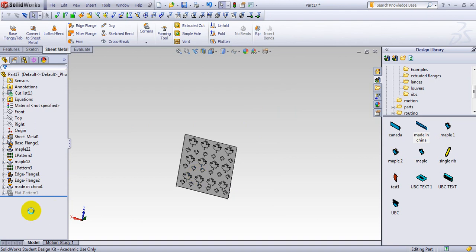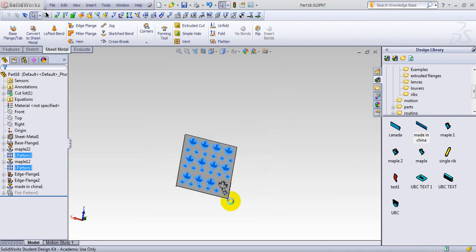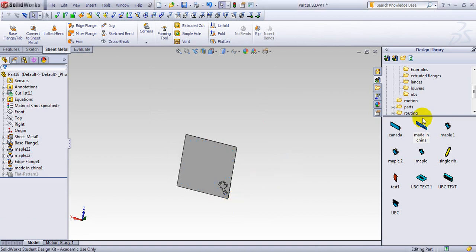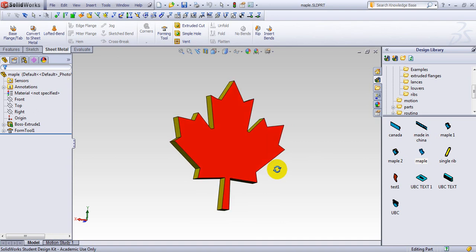Now let me just go back here, and I want to delete these two patterns, this pattern as well as this. Delete this too. So I have two shapes only. And I do have another maple leaf here, which is way bigger, and I show you the effects of what I have here. So this is the maple leaf, exactly the same, and in this case, when I go to forming